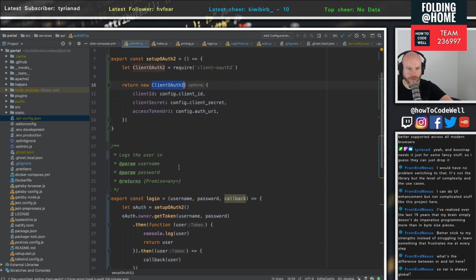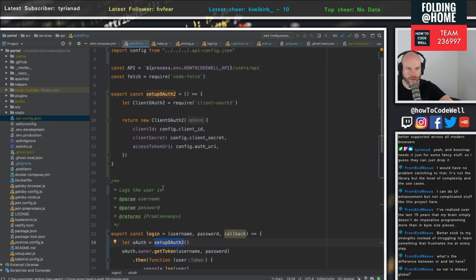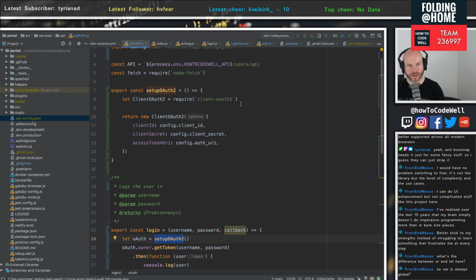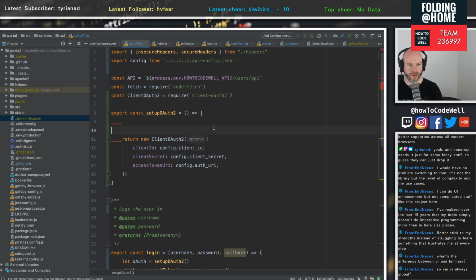Return client oAuth2. Setup oAuth. Login. Is it because I shouldn't be putting that in here? Maybe I need to do const. Yeah, I do, don't I? Definitely. Silly me. There we go. Right, and then